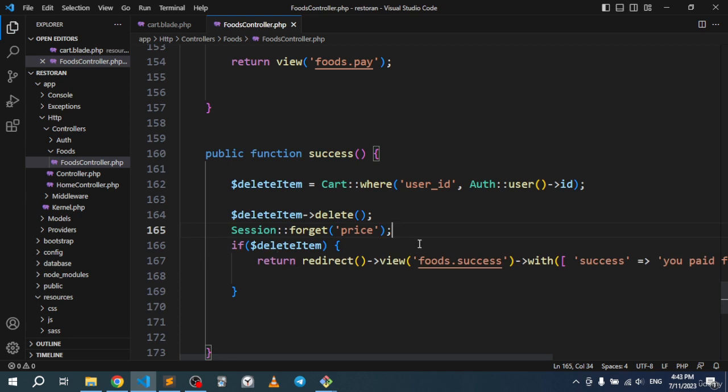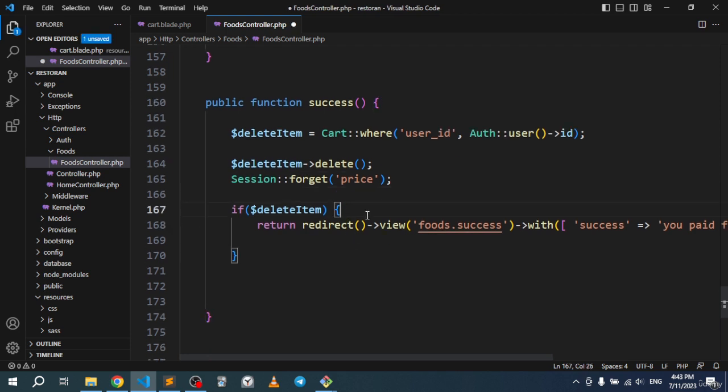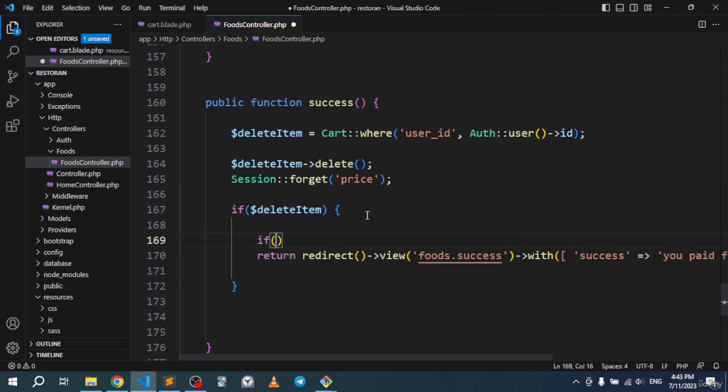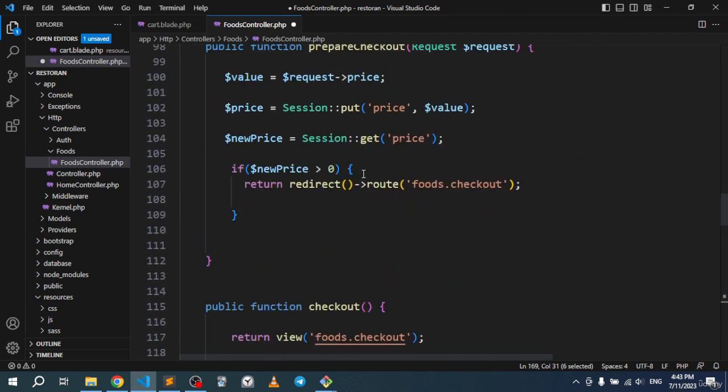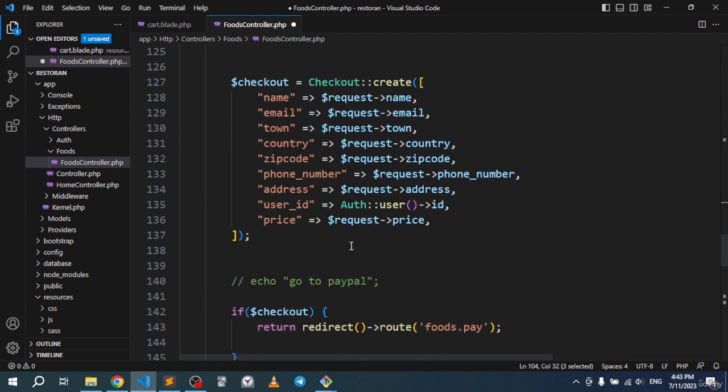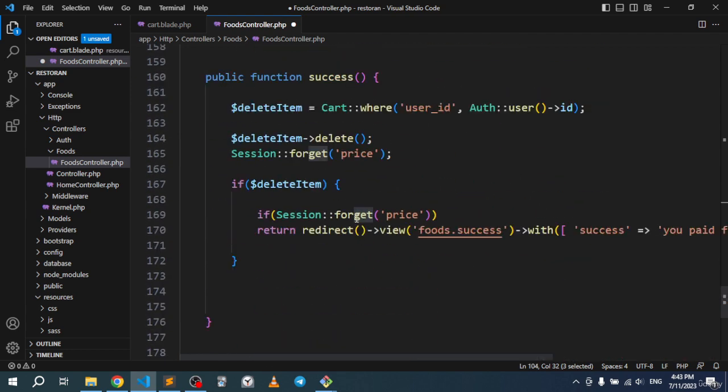And I want to validate those right now. So for the success, for example, after this line, I want to go if, let's see, the session right here. This actually shouldn't be forget. It should be get right there. So if the price right there is actually 0,